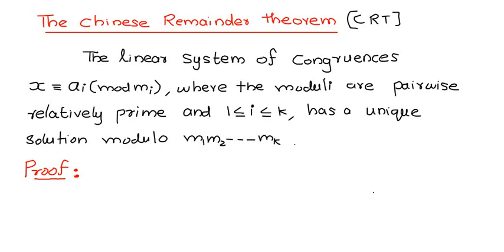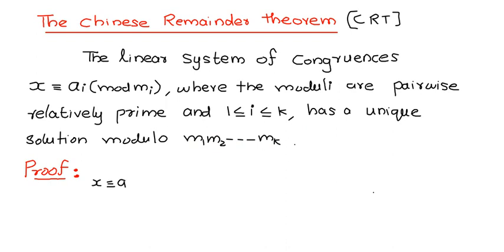Chinese remainder theorem. The linear system of congruences x ≡ ai mod mi, where the moduli are pairwise relatively prime and 1 ≤ i ≤ k, has a unique solution modulo the product m1 m2 m3 ... mk. That is, consider the system of linear congruences